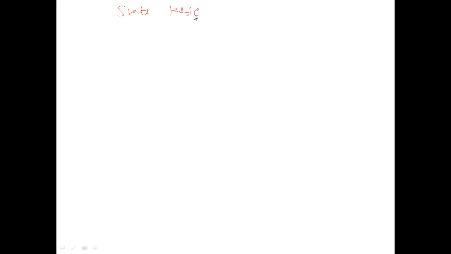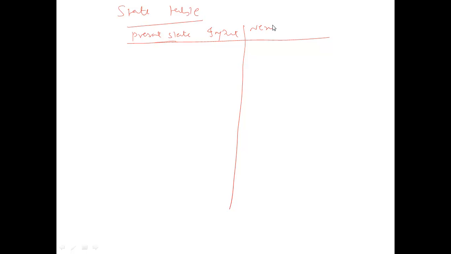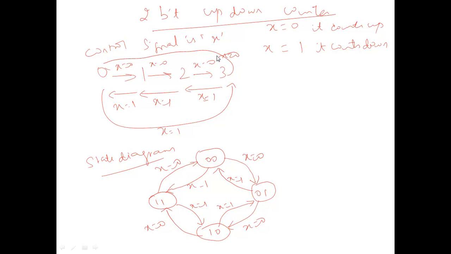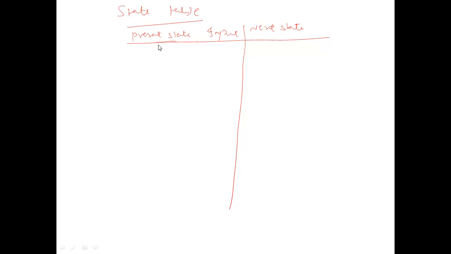When you are drawing the state table for this, what you need to understand is that you have the present state and also the input, because the input is a control signal. Then you have to draw the next state. There is no output, so you need not draw output. Present state can be 00, 01, 10, 11, and input can be either 0 or 1. So you can write directly a 3-bit combination starting with 000, where the input is x.